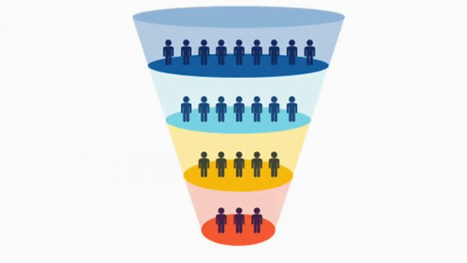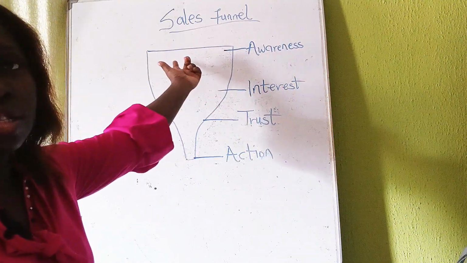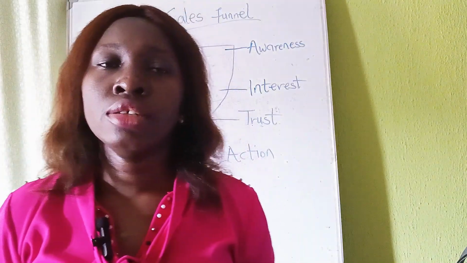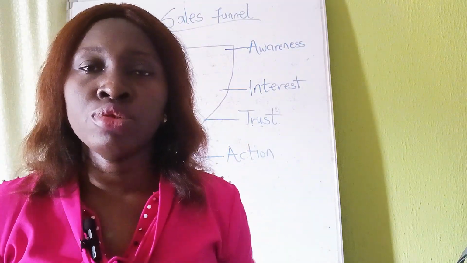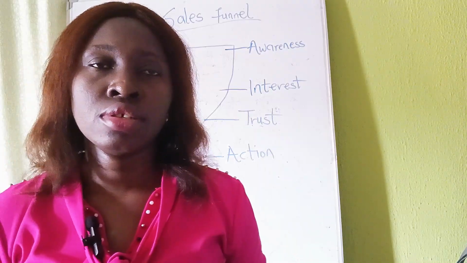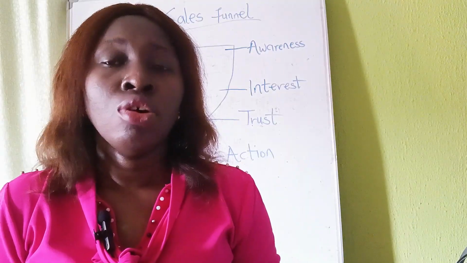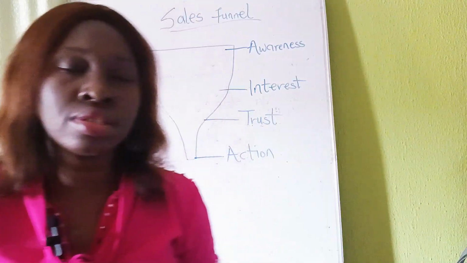Now look at this funnel. See how wide the awareness stage is. See how narrow the action stage is. All right. At this awareness stage, a lot of eyes see the content, but just very few take action. A simple analogy of this funnel is this. I can just say that this action stage is like 1% of this awareness stage. Assuming you're selling a product now and you want people to buy from you, at the awareness stage, you have to make sure that a lot of eyes see your content. Okay, let's assume that you're running a campaign, or maybe you're growing your business organically and 100,000 people got to see your content.